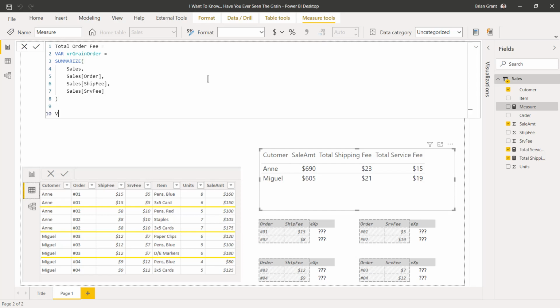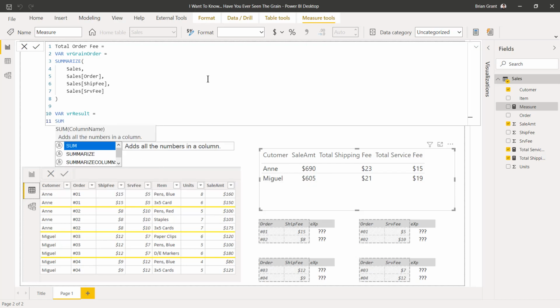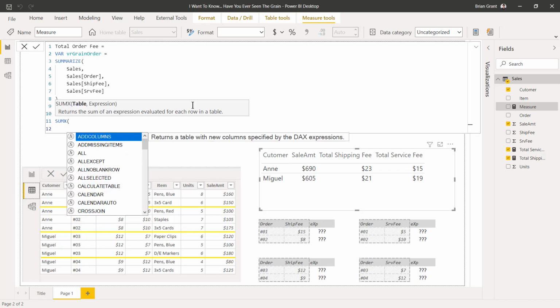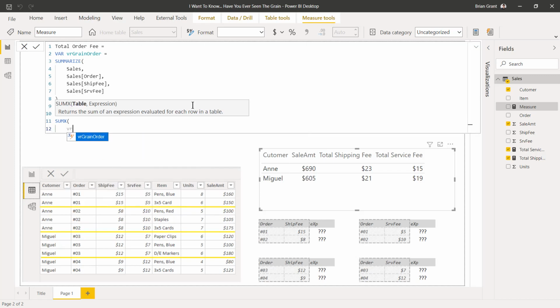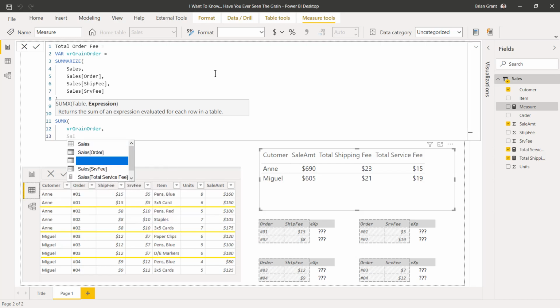And now we want to pass that into our iterator, SUMX. Oops, the variable is not called SUMX, the variable is called result. This is going to be the result of our measure. So I'm going to type in SUMX right there. Okay, I do shift enter. So we're going to take that grain order table that we derived, now that has every combination of order, shipping fee, and service fee, right? And because ship fee and service fee are always unique within an order, basically it becomes 1 row per order, right? And I'm going to say for every single row, get that row's shipping fee and add it to that row's